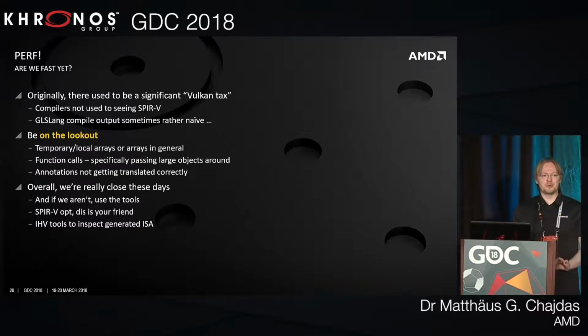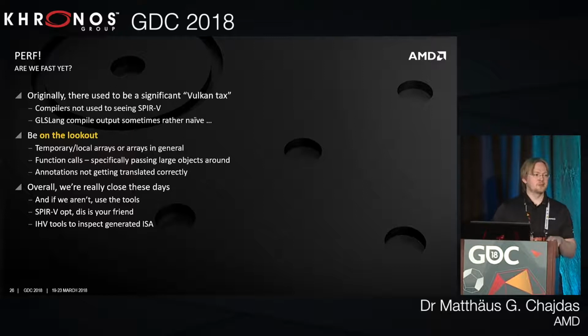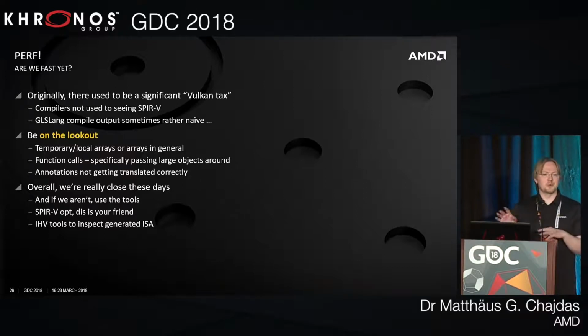That's being improved a lot. It's just some things which FXC never did, and the compilers have never seen this, so they might sometimes get confused. Also function calls, GLSL is still getting confused about function calls occasionally. If you pass in some structures, it will just give up on types, which is also getting rapidly better, and it's not really a problem in practice anymore, but there's still some stuff where the SPIR-V has function calls when you compile it, and if the compiler sees function calls, they might occasionally generate funky code,